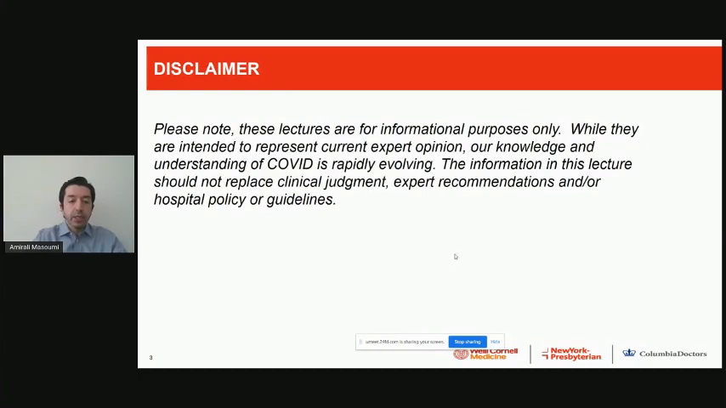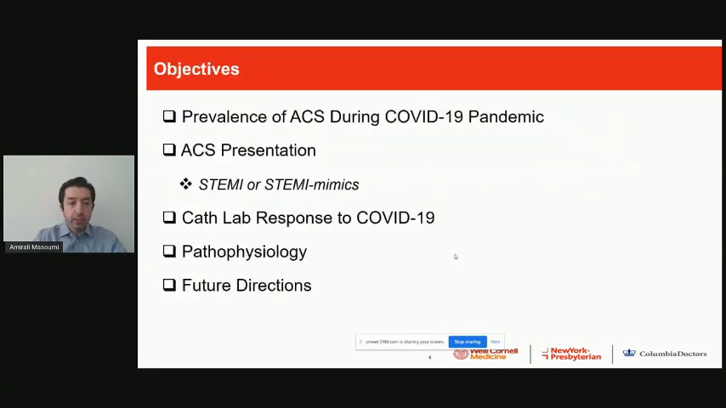I do not have any disclosure, and I need to emphasize that this information is our experience only, and the knowledge about COVID is rapidly evolving. It should not replace clinical judgment or expert recommendations from communities or hospital societies. In terms of the objectives, I want to talk about the prevalence of ACS during the COVID pandemic, ACS presentations, STEMI or STEMI mimics, which will dictate the response to COVID in the cath lab, pathophysiology, some pharmacology,